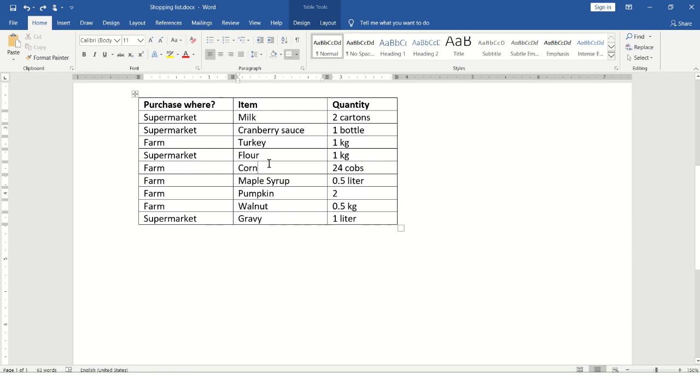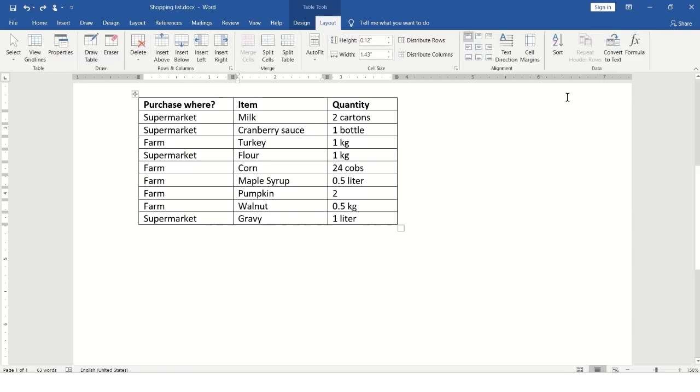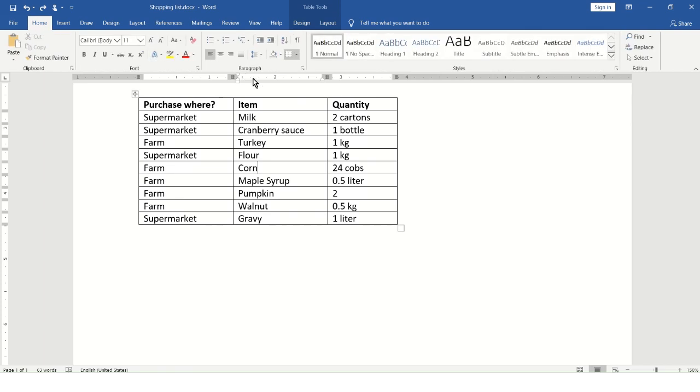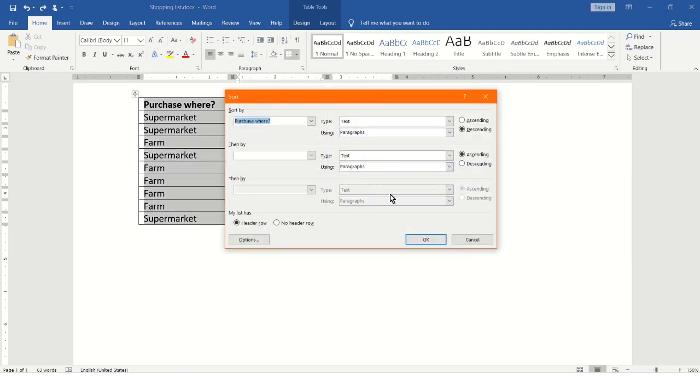It's very simple. All I need to sort the items in this table is just hitting the sort button once again. You can also find the sort button in the Table Tools tab in the Layout sub tab, and you'll find the sort button here as well. But I prefer to just use the sort button in the Home tab because it's already there. There's fewer clicks. So I'm going to hit this button now, and as you can see, we have here